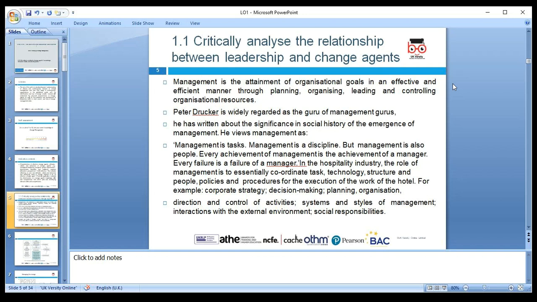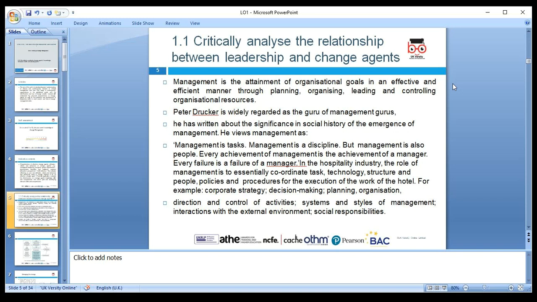Next we're looking at 1.1, critically analyze the relationship between leadership and change. A leader is anybody who has the power to influence another. If you have influencing skills, then you're a leader. Management is the attainment of organizational goals in an effective and efficient manner through planning, organizing, leading, and controlling organizational resources. According to one great scholar, Peter Drucker, he mentioned